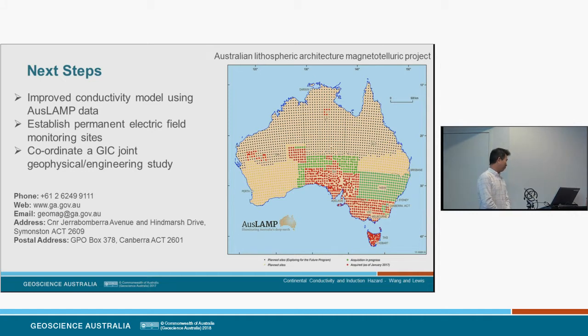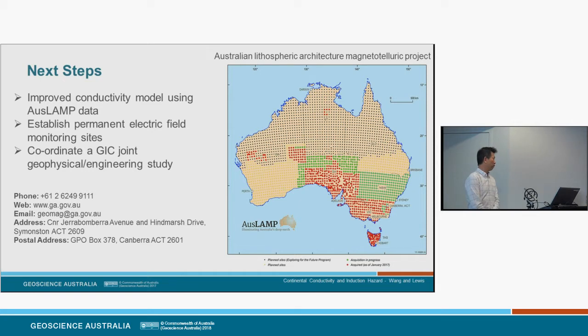And are those values significant for the engineering then? That's right. This value, you can see compared to the east side of Australia, has increased about 2 times. So in Western Australia, when you do the engineering step, you have to take more consideration about GIC compared to the east side.